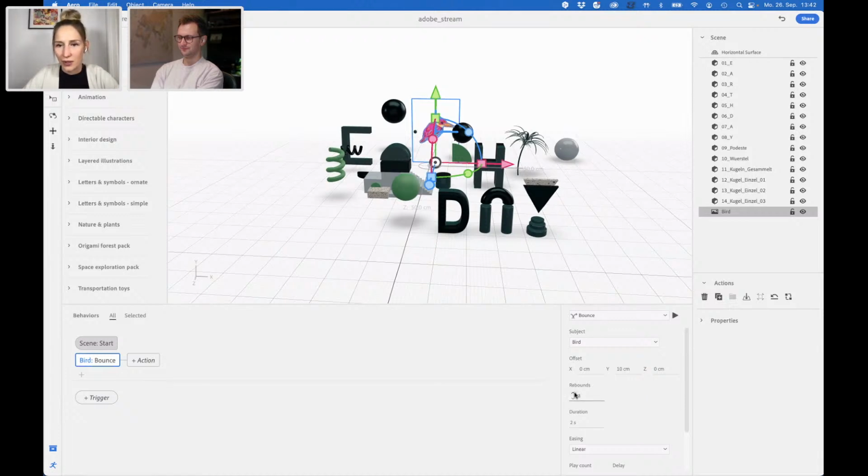And for example, I add 3 times. Yeah. So you have a lot of options to make your augmented reality experience more into an experience within activity.